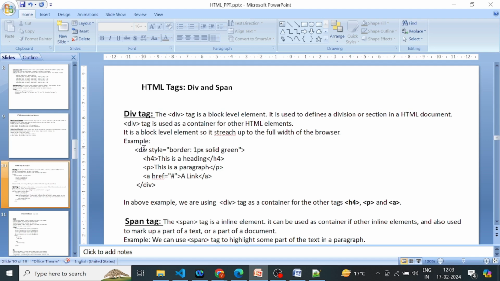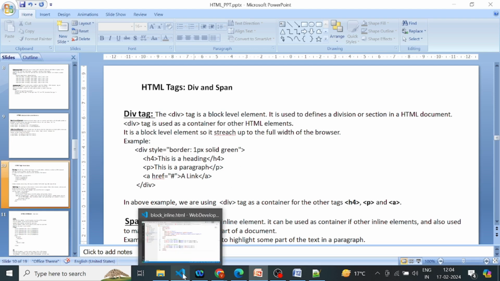So this is the example of div. Here I have taken the div tag, and inside this div tag I have taken three other HTML tags: h tag, p tag and a tag. In the above example we are using the div tag as a container for the other tags: h, p and a. Okay friends, in HTML we usually use the div tag as a container for containing other HTML tags. So let's open our VS Code and